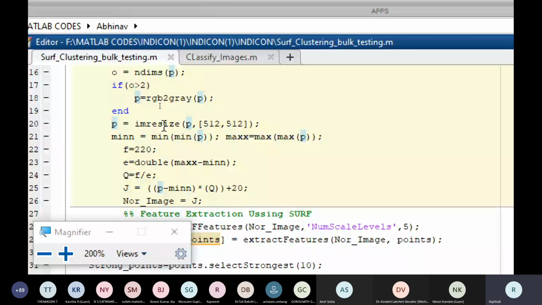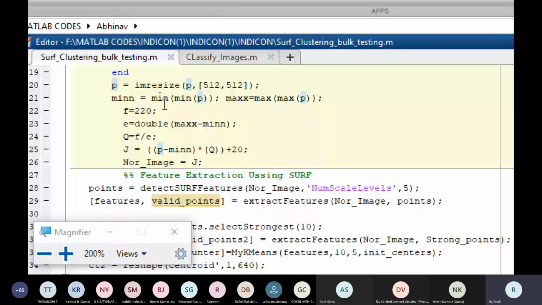Now here I have done some normalization, that means pre-processing. Generally in any application, you need to apply pre-processing. So here I have used a normalization process where I have taken min of p. It's a formula actually. If you have any concept, you can go with that. This is normalizing an image. So I have done pre-processing so that my image is clear enough.